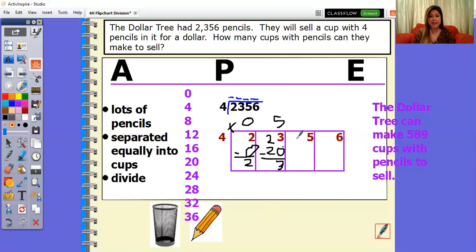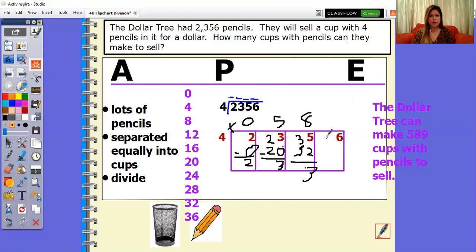So I take my 3 flats and I make them into rods and I put it right here. So now I have 35 rods. And what's 35 divided by 4? I'm looking here, it must be this one. So I'm gonna go with 8. 8 times 4, 32. That's a 3. Subtract, I'm left with 3